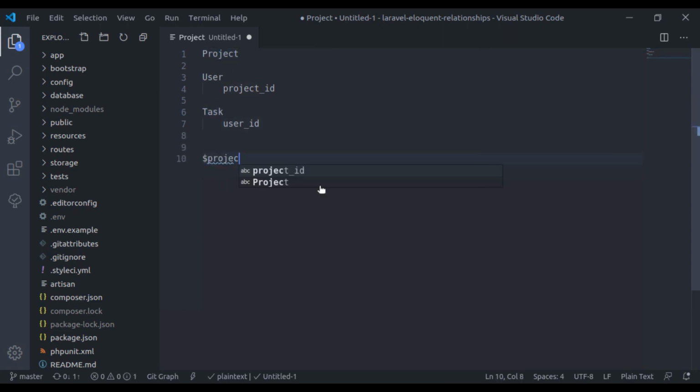So now what we want is to fetch these tasks using the project relationship. Like this, we will call the project model, and through this project model we can fetch all tasks related to this project. We don't have any column to make a relationship between task and project. So how can we implement this? For that we will use the has many through relationship. In this project model we will fetch the tasks using the user model.